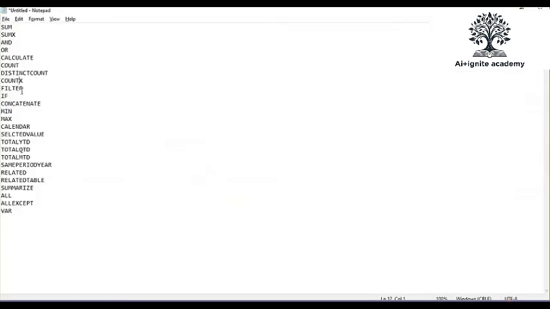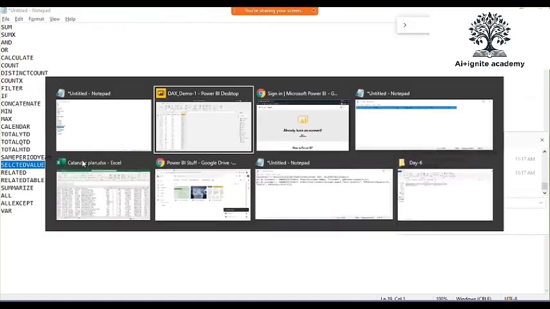All right, so this was the example of min, because we use the min and max function to create a calendar table, right? And we used this same period last year function. Is it clear? So in this example we covered these functions. Created a calendar table using max and min function to make a dynamic calendar table. Then we use time intelligence functions for last year sales. For the last year YTD, we can use the same period last year function. It's clear? All right. Now we are going to see the very important one, selected value filter.